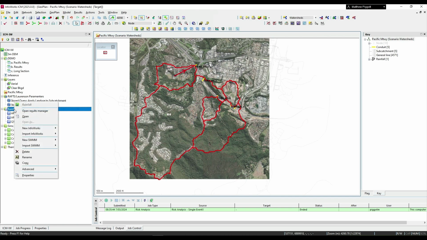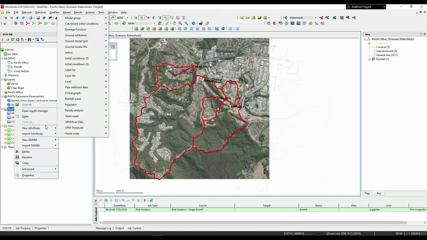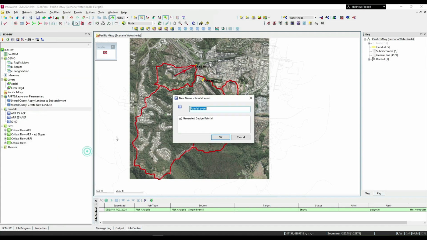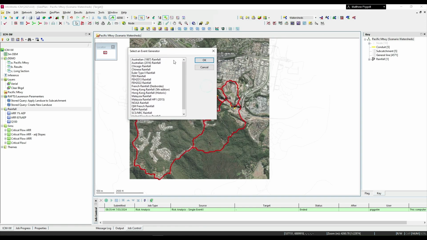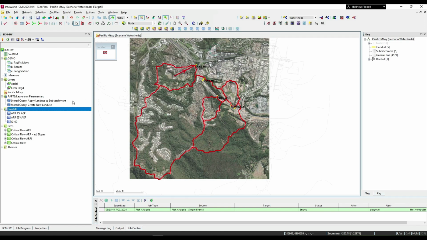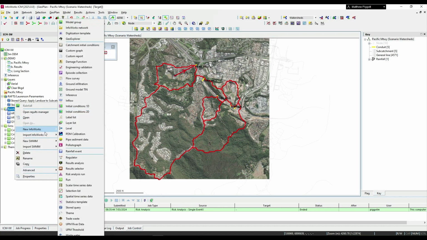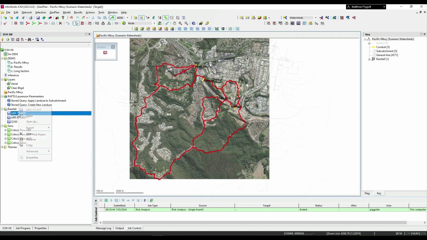Additionally, there are many ways that we can generate rainfall in ICM. So we've got some built-in design rainfall generating tools, which are based on guidelines or codes for many different areas around the world. So there's a full list here. Otherwise, we can build out these rainfall hydrographs just using the rainfall import tools or building tools. So my particular model here,